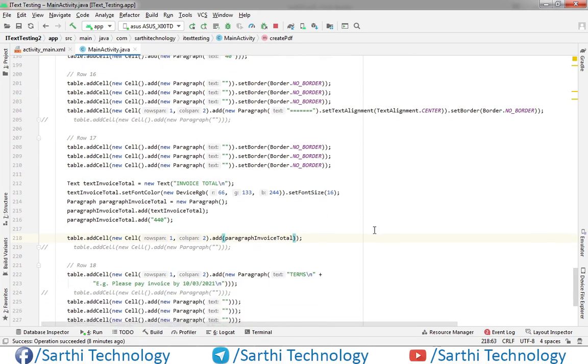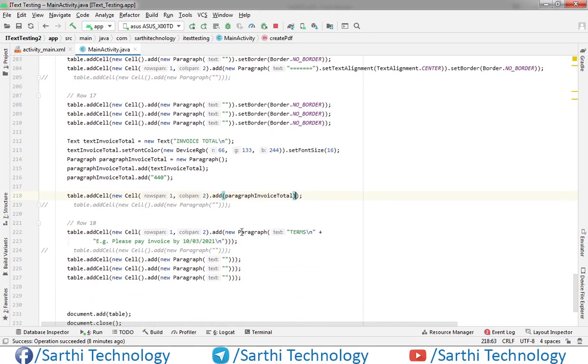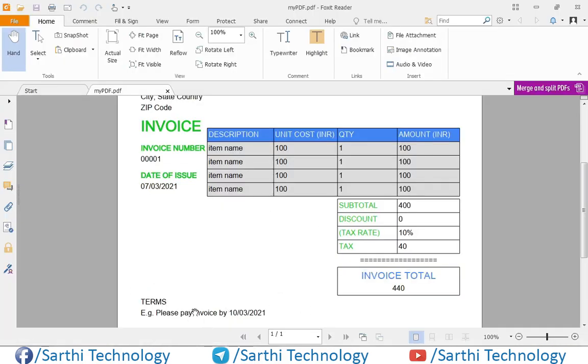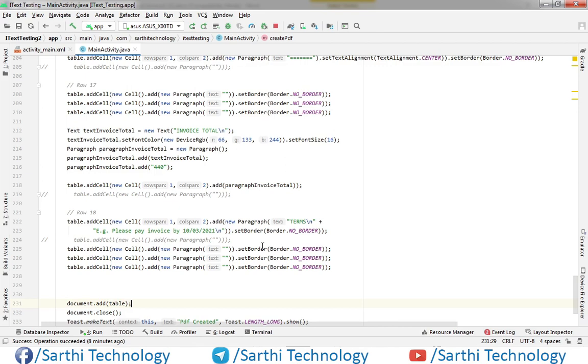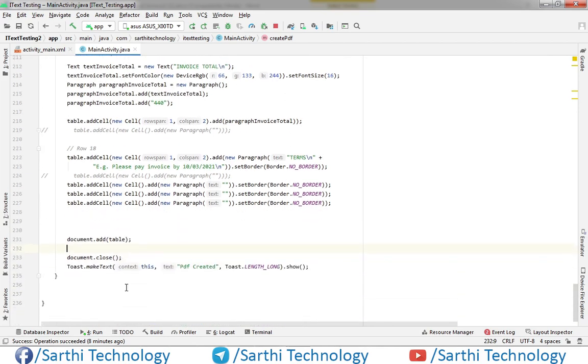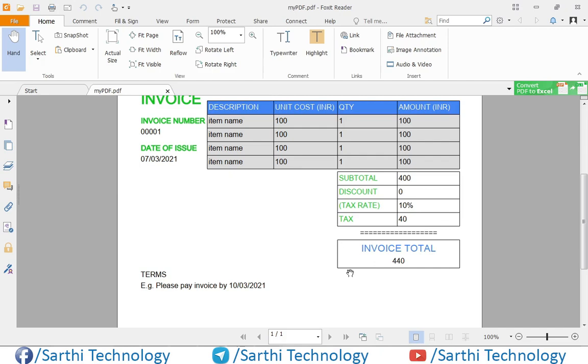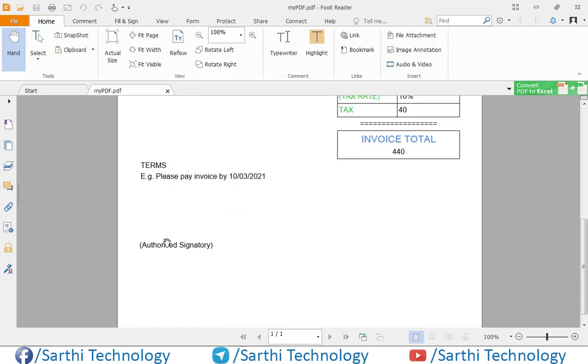And the last is this, so I think we need to set here only no border. Okay, set border, no border, and after this table ends here, we need to add this authorized signatory.